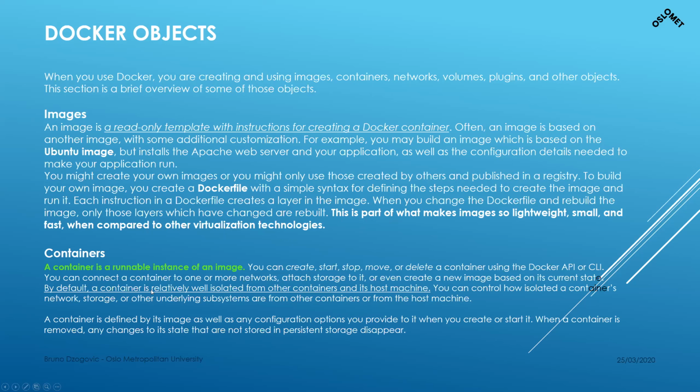So by default, the container is relatively well isolated from other containers and its host machine. They communicate with other containers at the network because they're bridged together in a bridging interface. So they simulate a layer 2 network. So they will have the same layer 2 segment. So they just share the same bus. It means that the only way you can access the other containers is through the host. But that's not a secure way. It means it's well isolated, but still not secure.